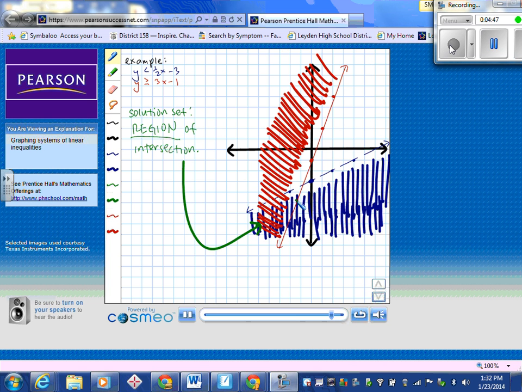We see here that we have a solid line, which means that the points on this line belong to the solution set, but the points on the dotted line do not belong to the solution set because those are points that are less than this line, and we're not dealing with those. So we want to deal with all of the points in this region, not on this